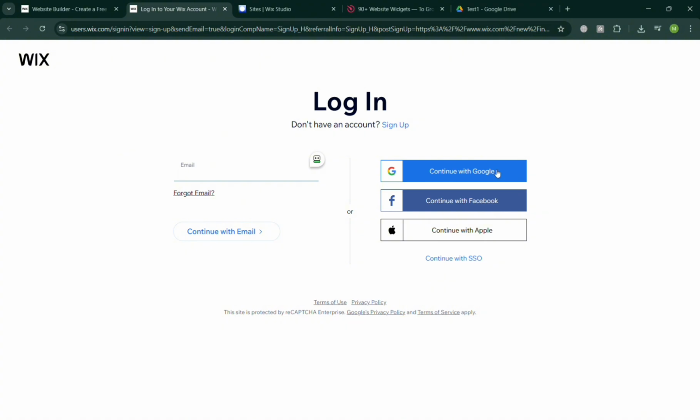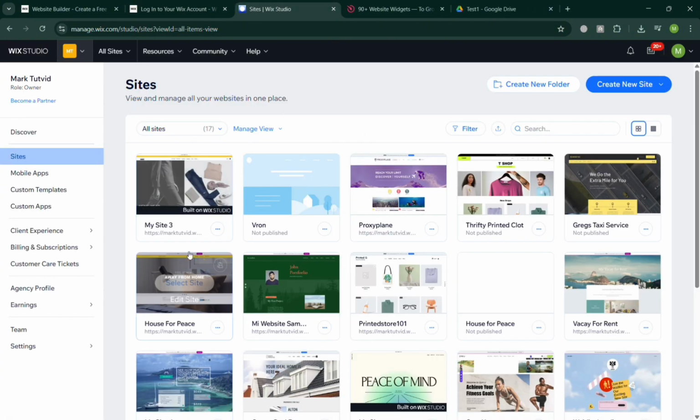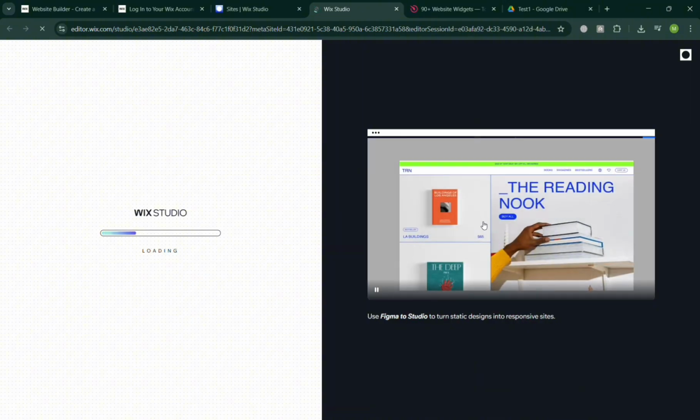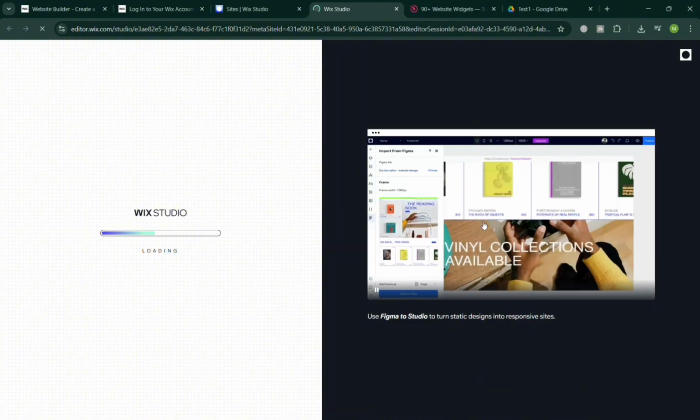To create an account, just click the Get Started or the Login, and you can start signing in using your Google account, Facebook, or Apple ID. Then you will automatically be directed in here. And now from here, all you need to do is simply click Edit Site button on the preferred website of your Wix. But while we're waiting for this Wix Studio to be loaded,